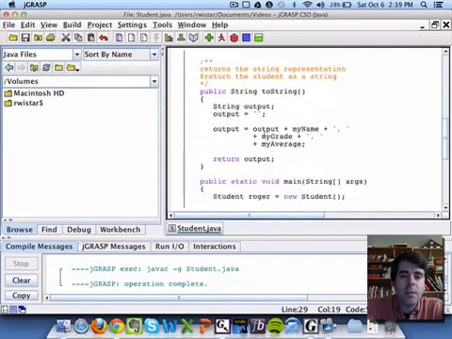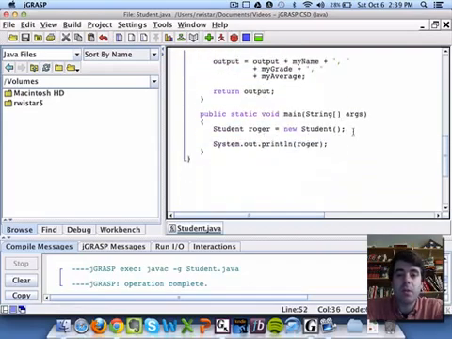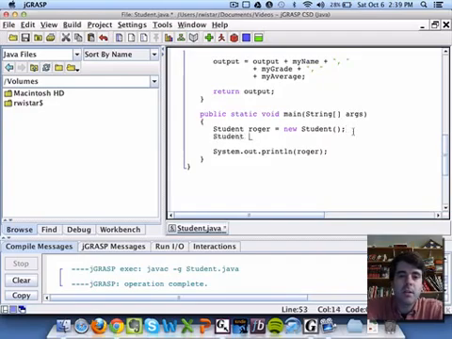And then we're going to go down to our main method and see an example of what it might be like to use both of those constructors. So in this case, I'll make a new student object, and this time I'll put a string in the parentheses. And that tells Java that I want to use my second constructor, the one that has the string parameter. So now if I go to print both of my students,